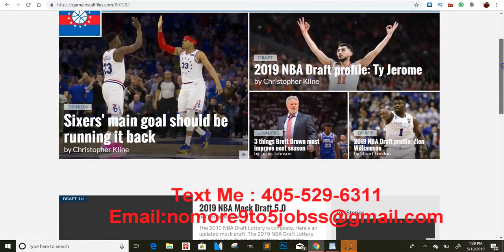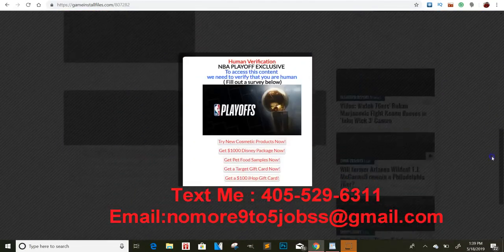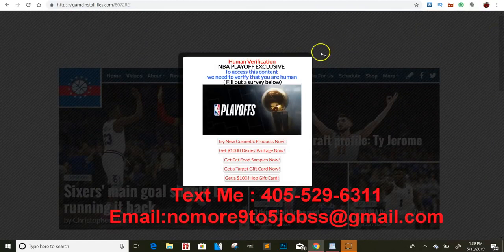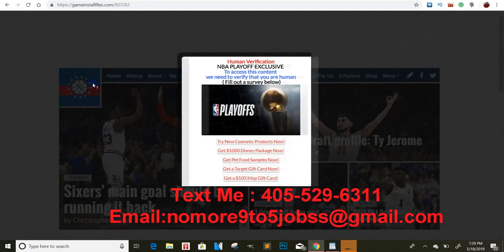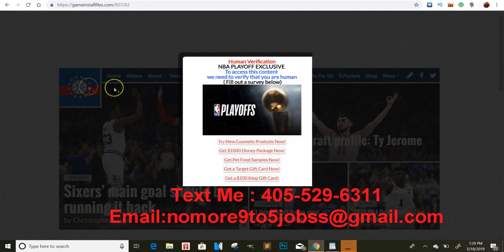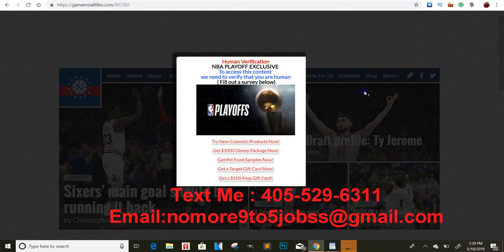They scroll for a little bit. Once it loads up, they'll be able to continue to scroll, and then they can't click off of it. The page didn't completely load all the way. Probably should let it tease for a little bit longer. But now you have your locked NBA content.